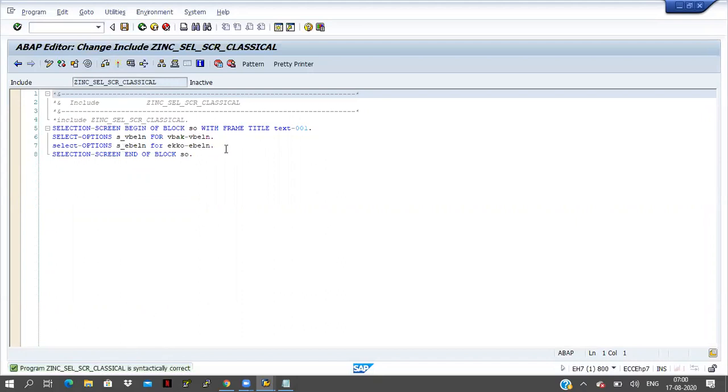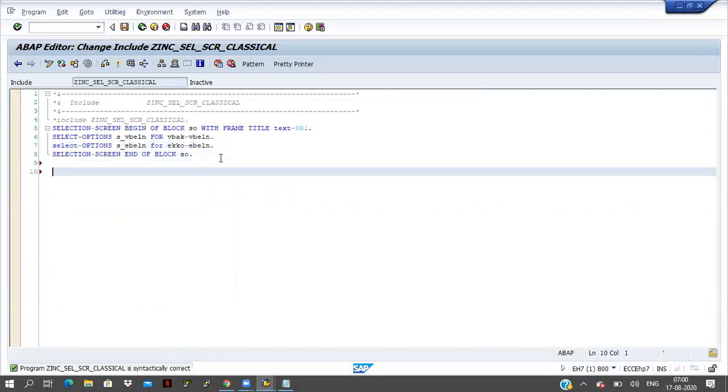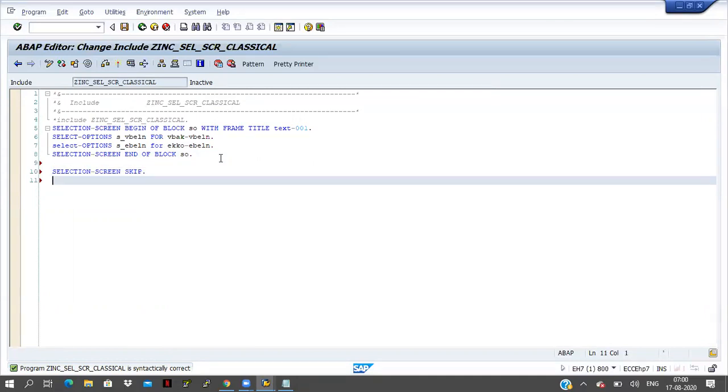Now after this one I'm taking two parameters here, p_ for vendor.